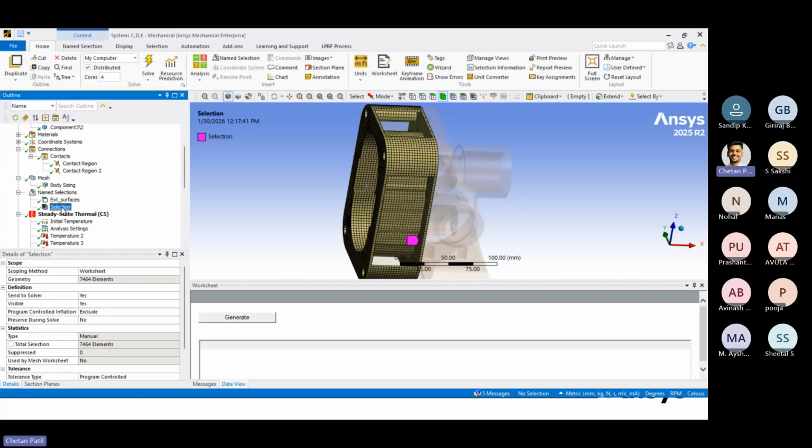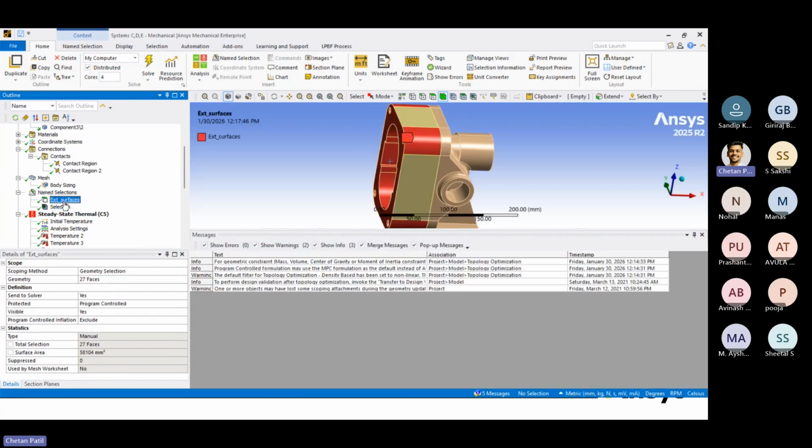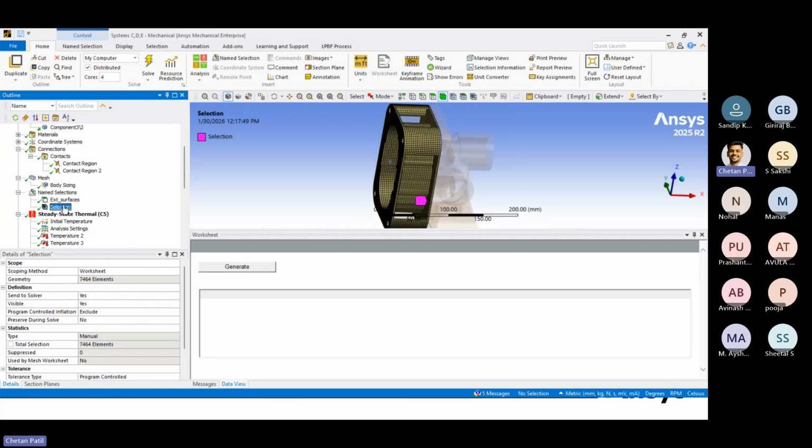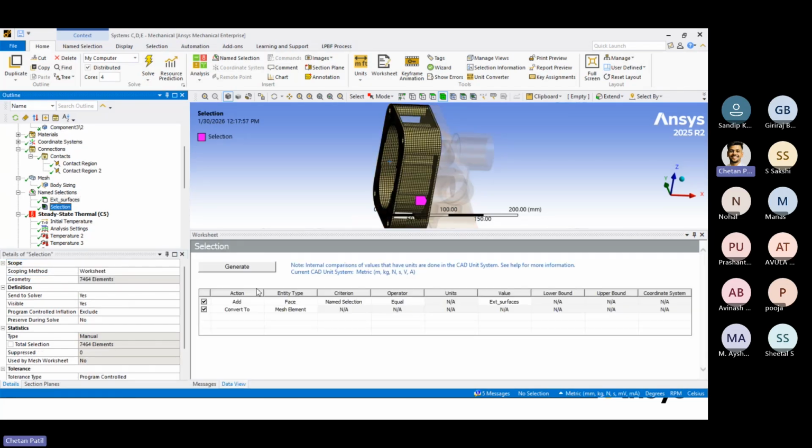So over here the selection is still done in the same way. First of all, this particular region has been duplicated. Once it is duplicated, you can change its geometry selection to name selection, sorry, worksheet over here. Once you make it a worksheet, you will have some such kind of interface in front of you, where